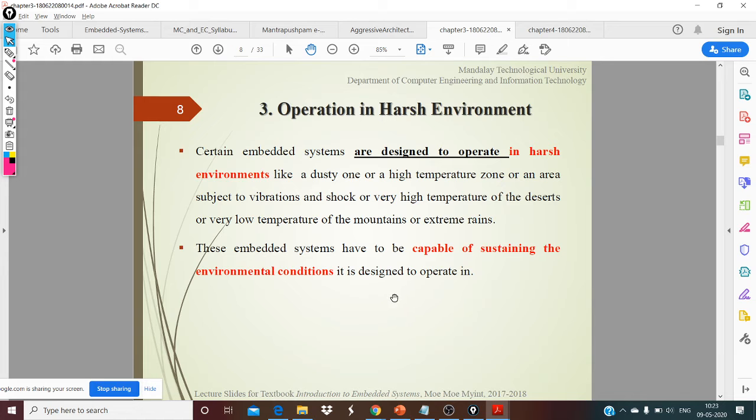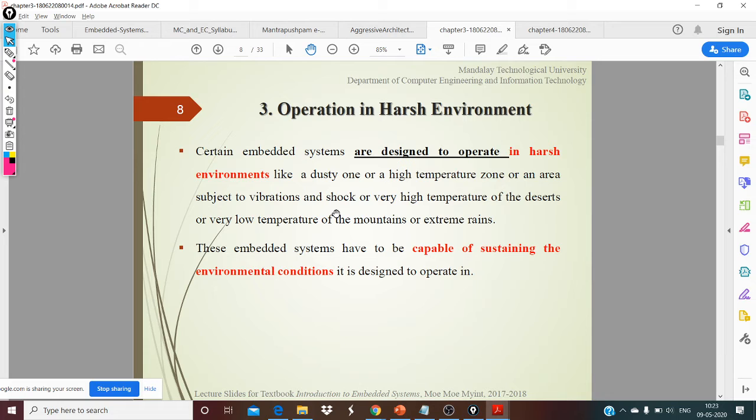Okay, in negative temperature, right? Minus 50 degrees C or something like that. It's going to be really, really cold out there, and it has to support this entire range of temperature. It's not only temperature, your vibrations or shock, like what you have mentioned, right? Like the earthquake. So in case you have an earthquake monitoring system attached to the buildings or to the nuclear reactors, it has to withstand the shock. It should not be the first thing to blow out, correct?